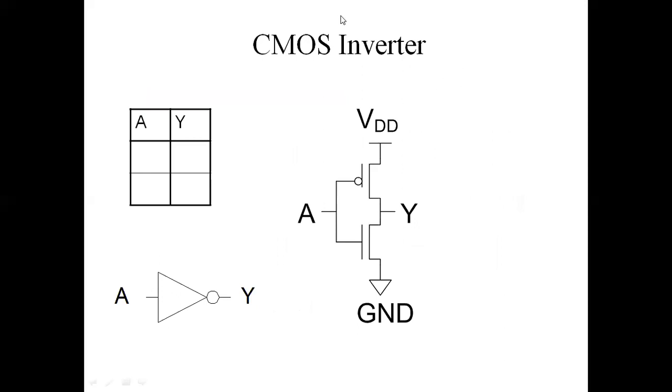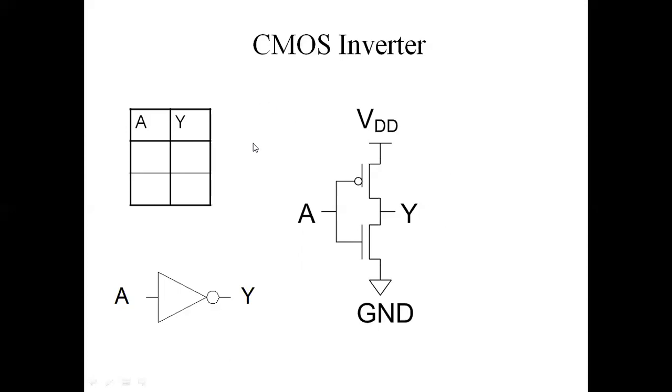Now next we will see the CMOS inverter circuitry. Since the PMOS passes good logic 1, it is connected upward, and NMOS passes the good logic 0, so it is connected at the downward network. So here the CMOS is the combination of the PMOS and NMOS. It is the complementary metal oxide semiconductor. So here we will consider the CMOS as an inverter. Inverter means what? When we apply the input 0, it should give the output 1, and for input 1 it should give the output equal to 0.